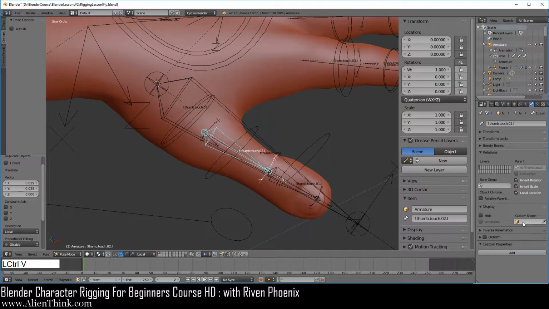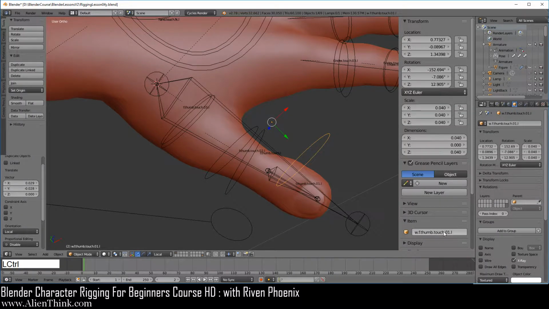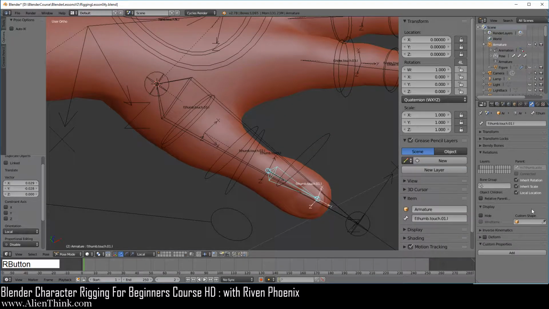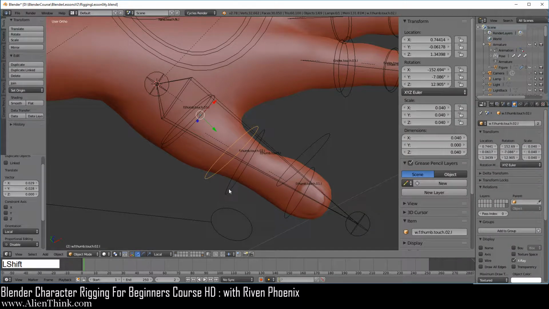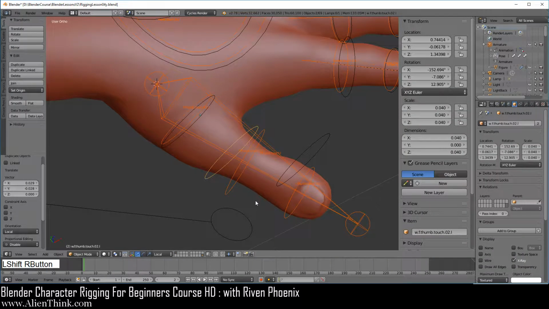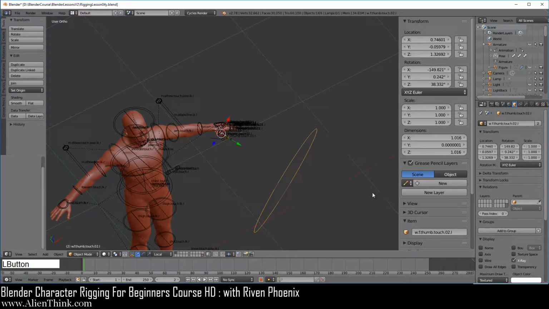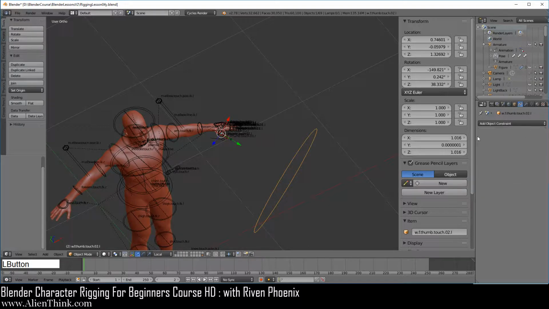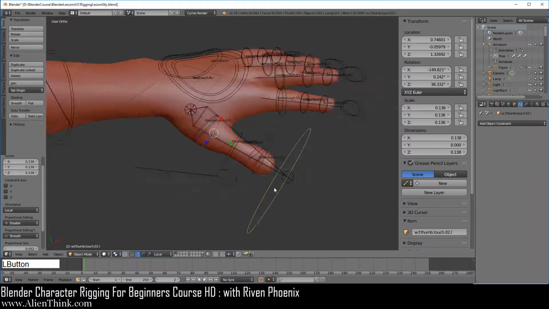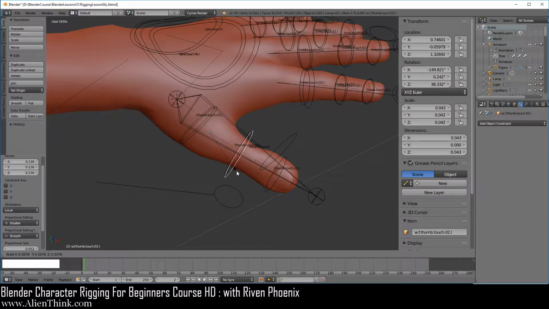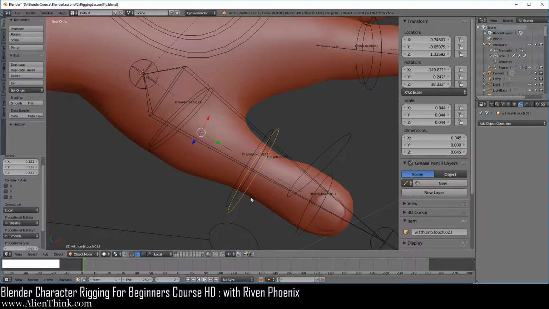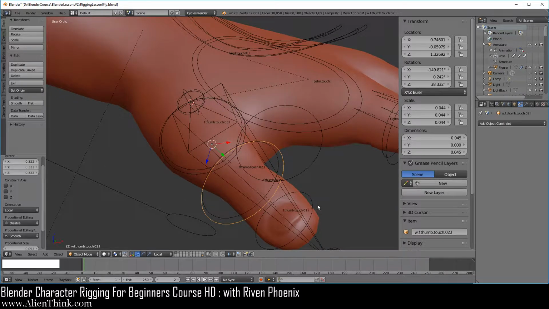and go ahead and do Control V and go ahead and click on this, do Control C, click over here and just do Control V. Okay, so now we're going to click over here, click on this one, press the Shift key down, click on this, do Shift Control C, do copy transforms, go ahead and click this, do Control A, visual transform, shut this off. Now press the S key to scale this down. Now here I'm going to just put this over here and go ahead and now press the tab key to go into edit mode and press the S key to bring this down a bit.